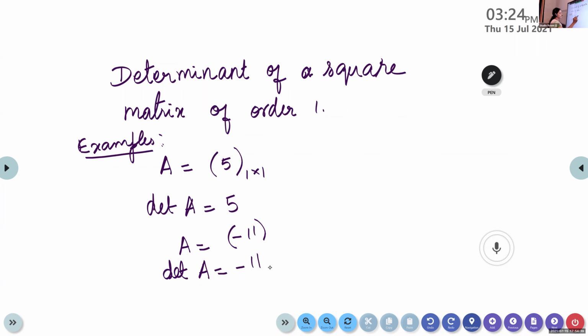So in general, the determinant of A is A. For the matrix A with only 1 element, the determinant is that element. Don't get confused with this as modulus. It is not the modulus, it is the determinant. Here we are discussing determinants. Here also we can write this as determinant A. Whenever we write the capital letter A within the lines, it is the determinant. We are denoting the determinants.